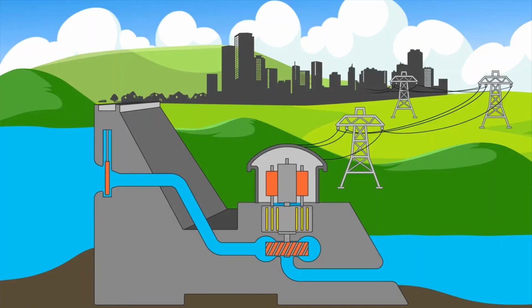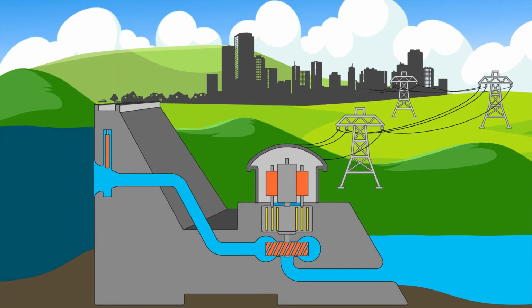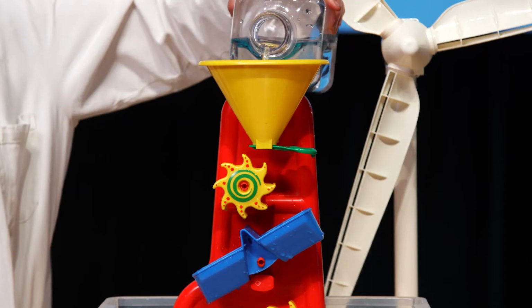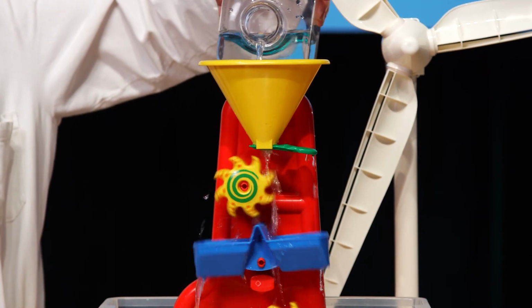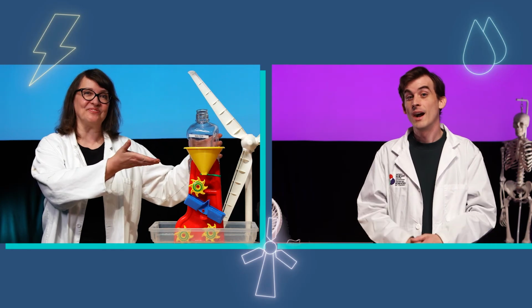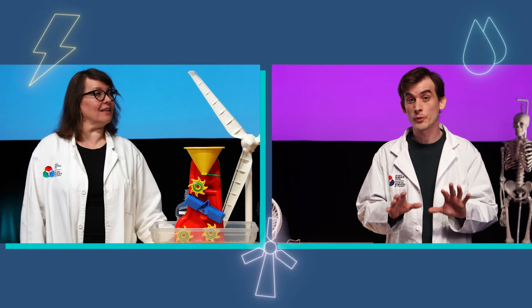Water from the upper river or from the reservoir behind the dam flows through an opening called an intake, and then downwards through a pipe called a penstock, turning its potential energy into kinetic energy. Once the moving water hits the bottom of the drop, it spins a turbine that spins a generator, and there you have it, hydroelectricity.